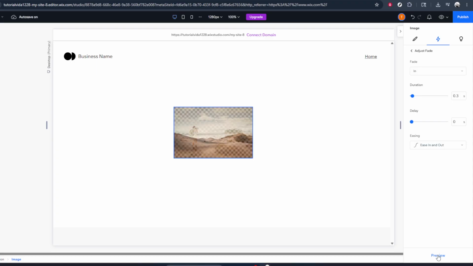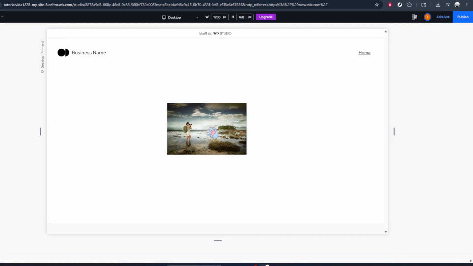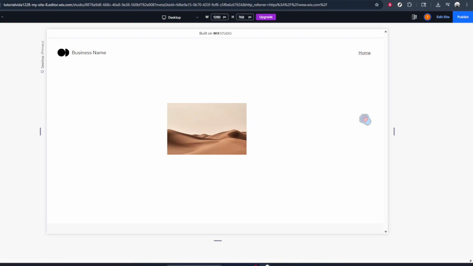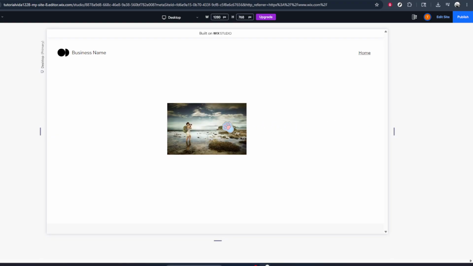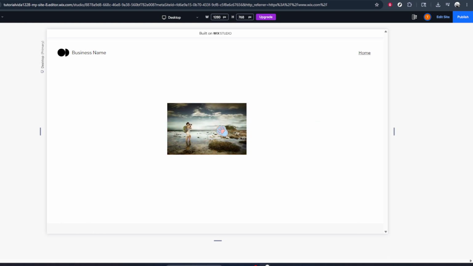Depending on your editor settings, this may let you fade between two images or adjust how strongly the image changes on hover. If you have the option, you can tweak things like duration and intensity so the fade feels natural and not too abrupt. Once you've set the fade effect the way you like, it's important to test it. Click on Preview at the top of the editor. In preview mode, move your mouse over the image and check that it fades exactly